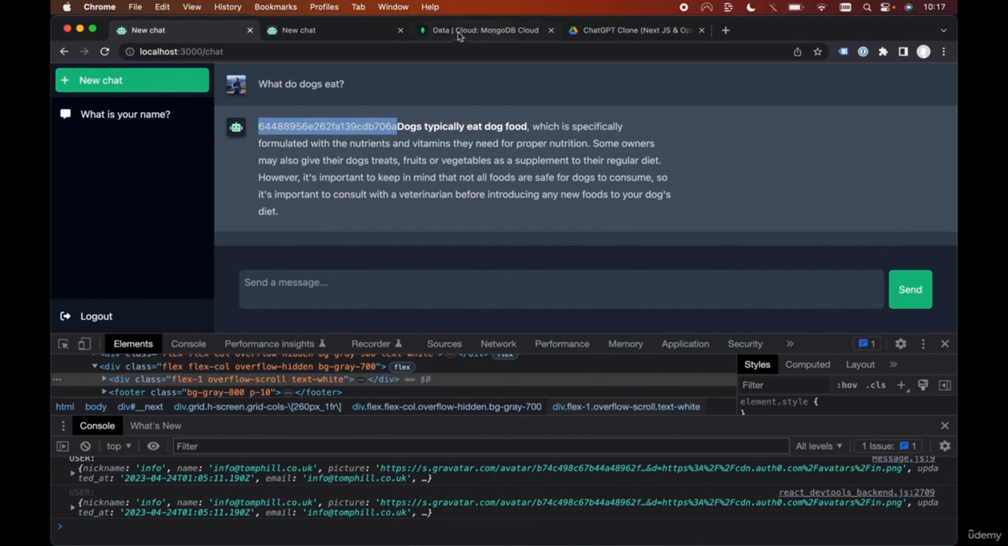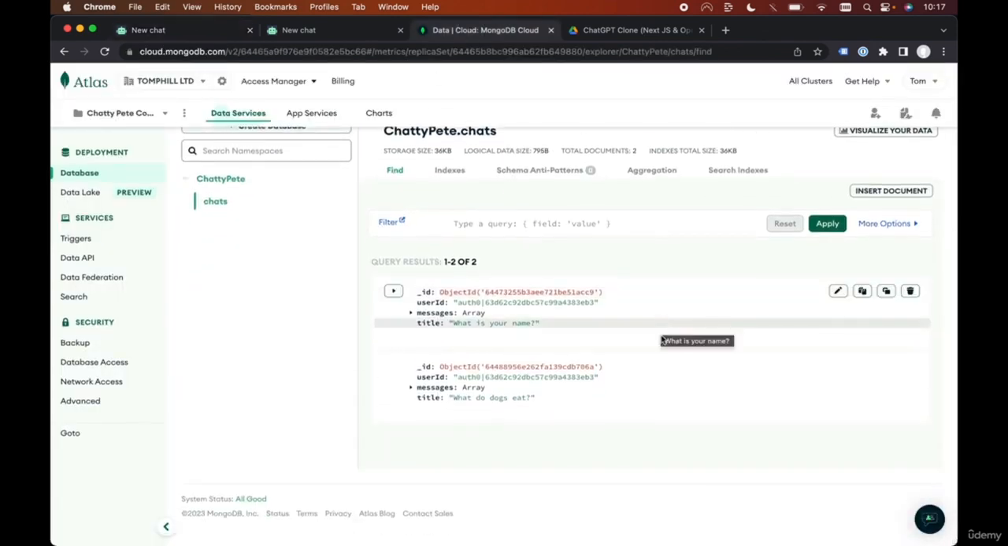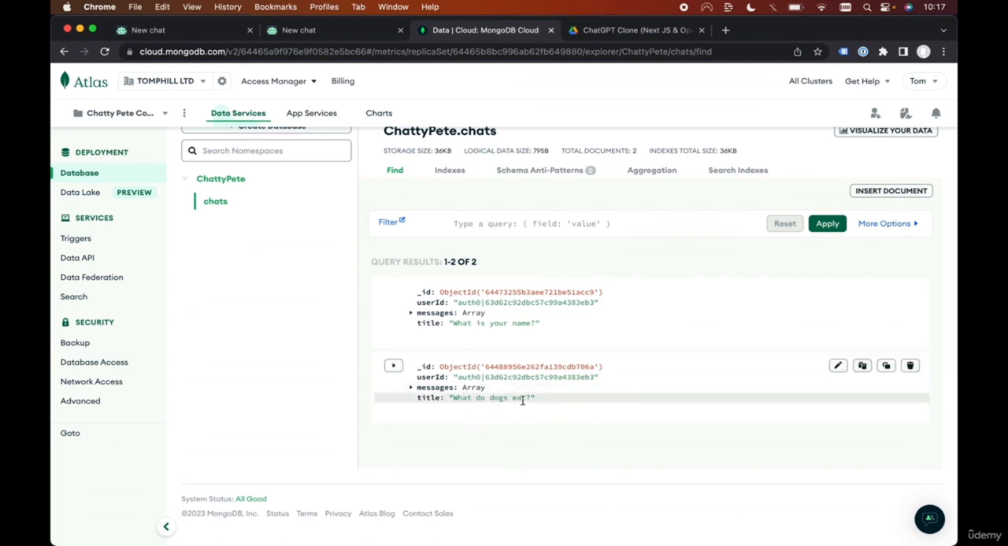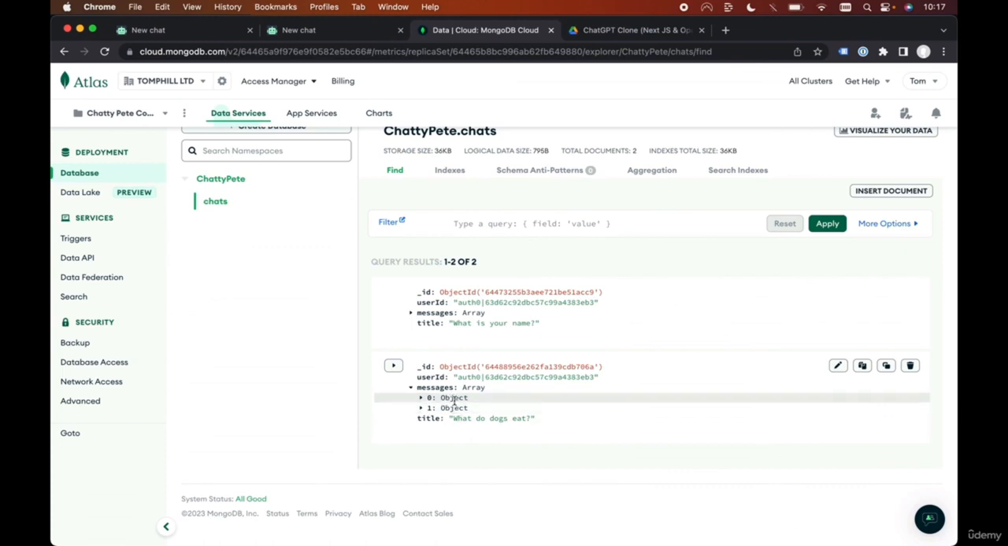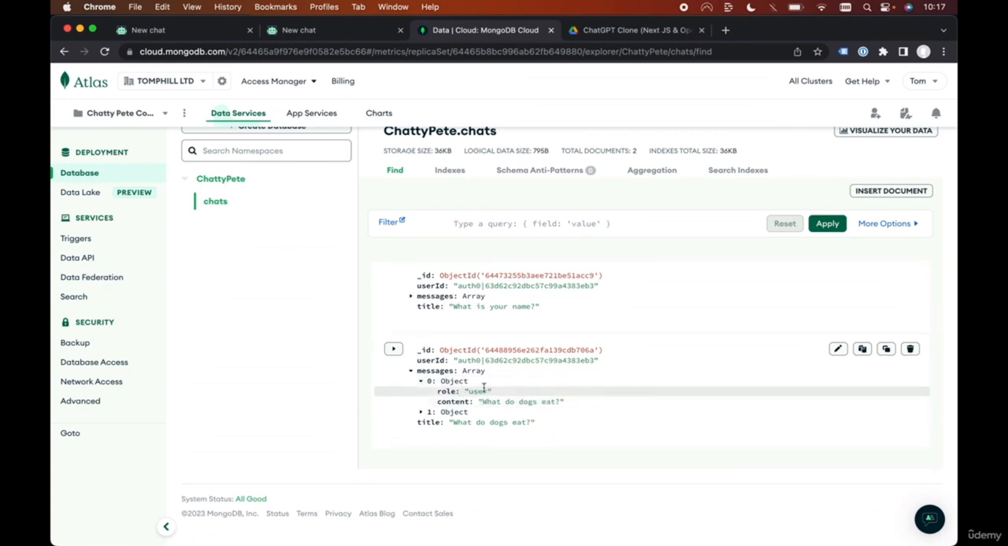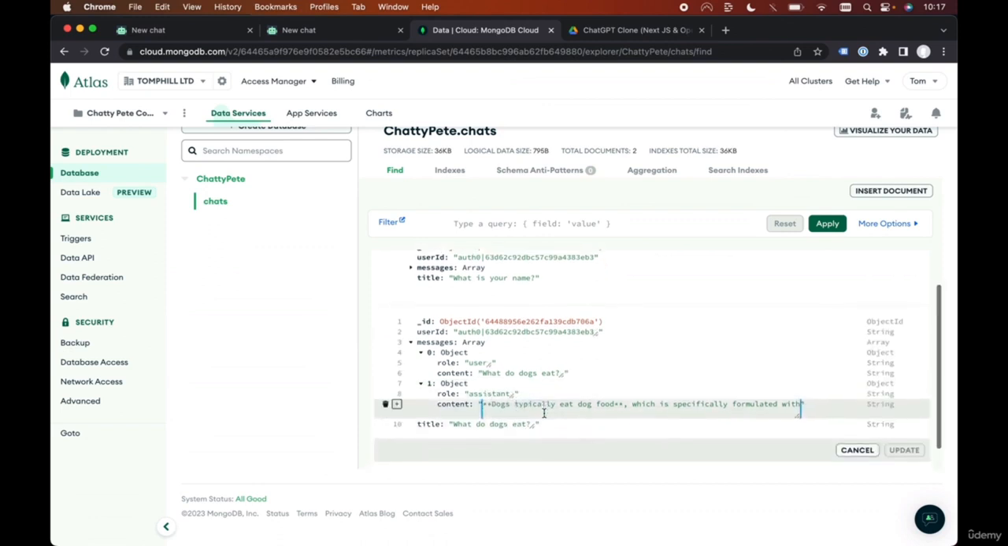that, let's take a look in our MongoDB Atlas and make sure that our new chat was saved correctly. So we can see we have a what do dogs eat chat in here. So let's open up our messages. We can see now we have two objects or two elements in our array of messages. Let's open up the first one. We can see that this was a user role and we asked what do dogs eat. Then the second one, we can see we have a role of assistant and the content is the response that